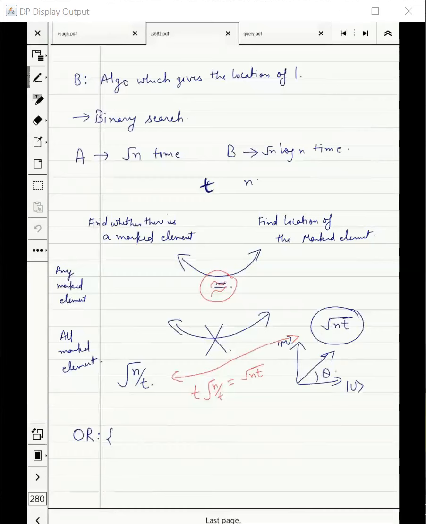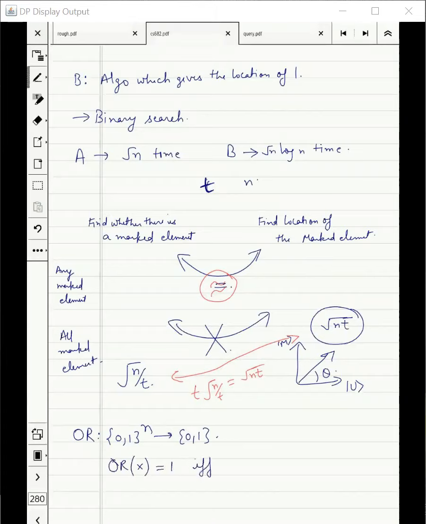Okay, sorry for the interruption, but yeah, once you realize that the problem of finding a marked element is complex enough, our task is just this. You have this function called OR, given an n-bit string, it gives you either a 0 or 1. And OR of x is equal to 1 if and only if